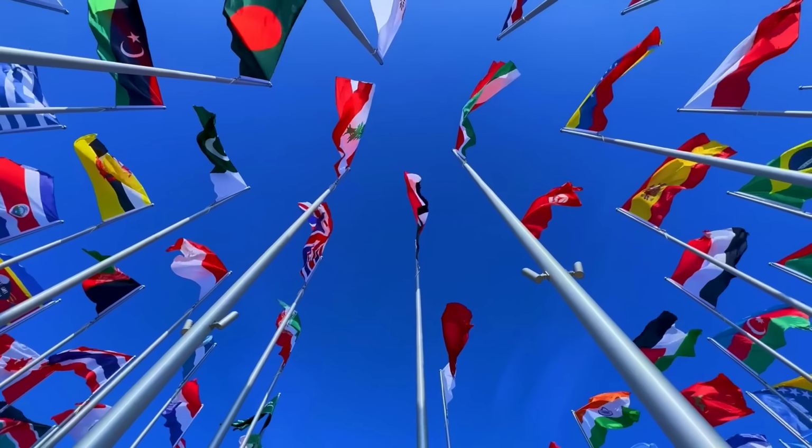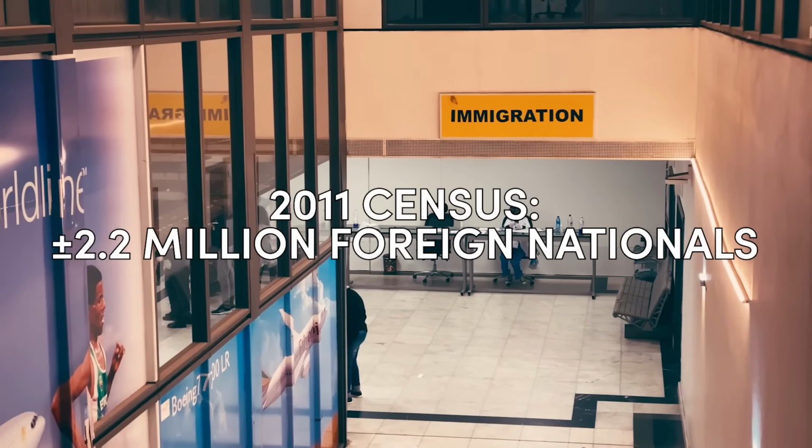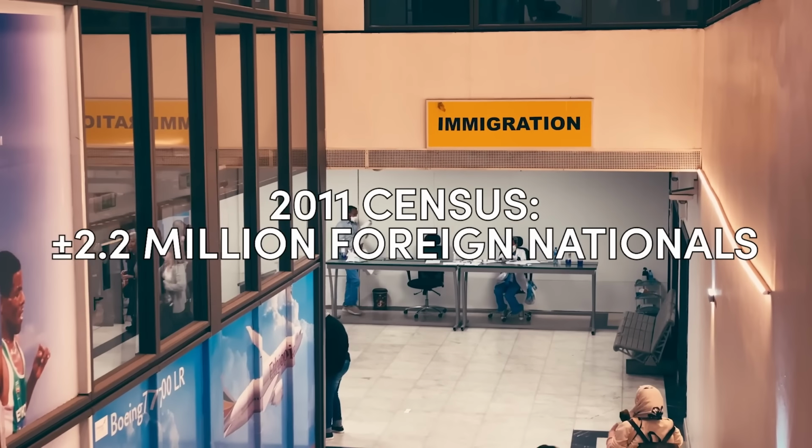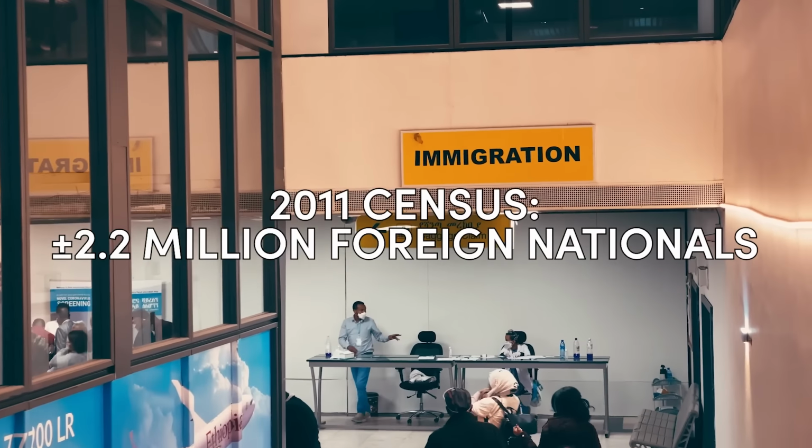Now, estimating the number of foreign-born people living in South Africa is difficult. Census data provides some indication of migrant numbers, but does not include enough information to estimate their movement over time, and also whether or not the immigrants who participate in these surveys might be hesitant to actually say where they were born. Data from the 2011 census indicated that there were an estimated 2.2 million foreign-born people living in the